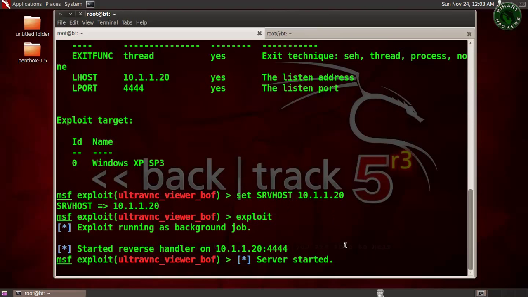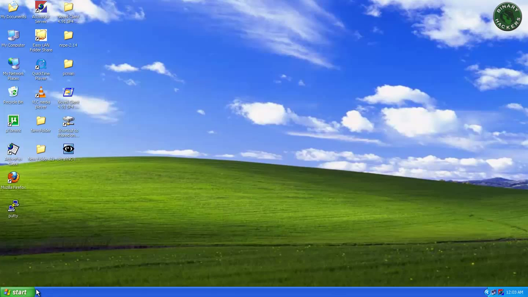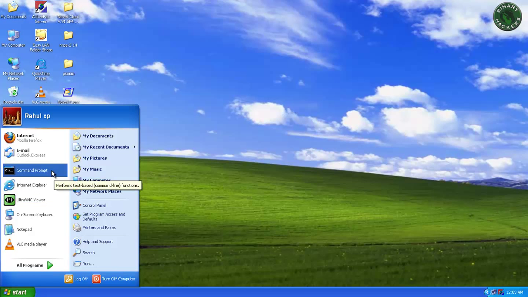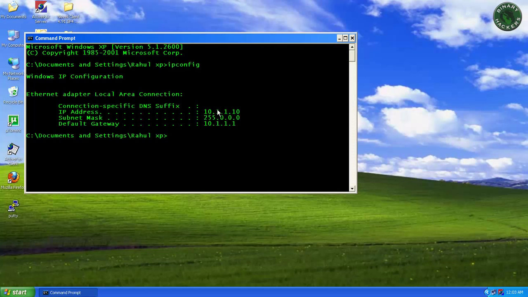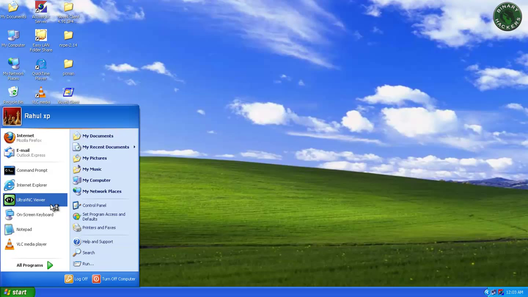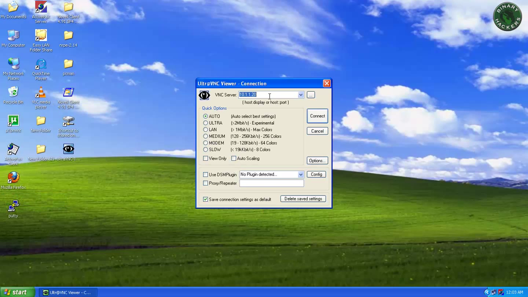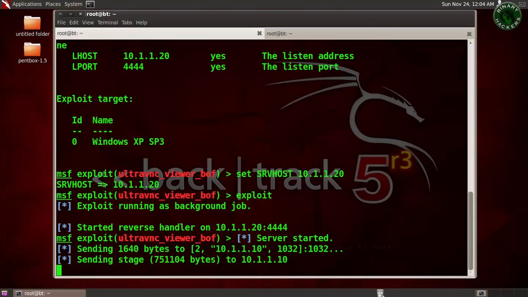This is my backdooring machine IP address, and my Windows XP machine IP address is 10.1.1.10. So open UltraVNC Viewer, IP address of BackTrack, connect, and come on,